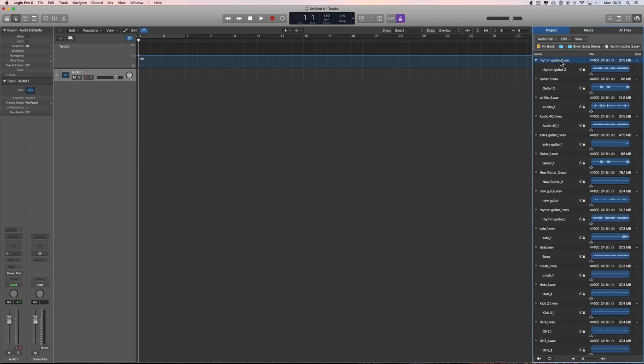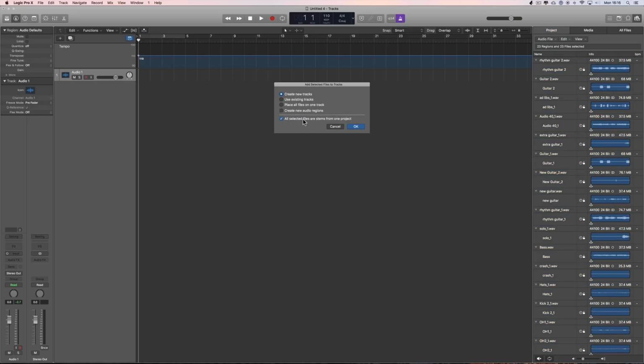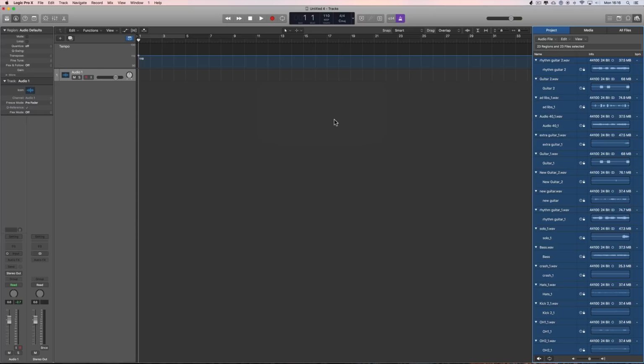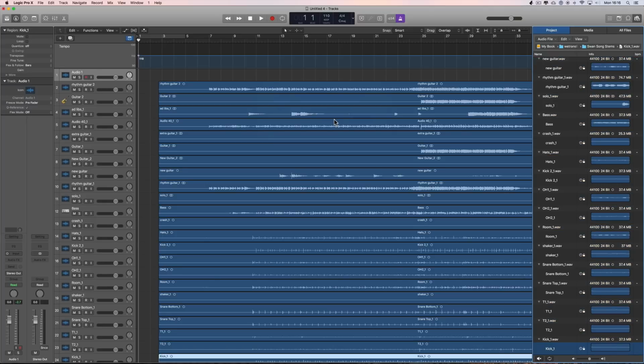Right, let's do it. Select the first stem or one of the stems, Command A to select them all. Bring them in, drop them on bar 3. Create new tracks, and all selected files are stems from one project. Bam. Don't import. That's just because previously I've used these files, so they've got some tempo and marker information in them. Okay, again, you don't get an indicator anything's happening, but it is. It's a bit annoying that there isn't an indicator. And it's done